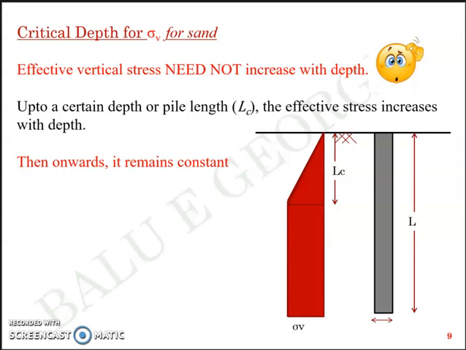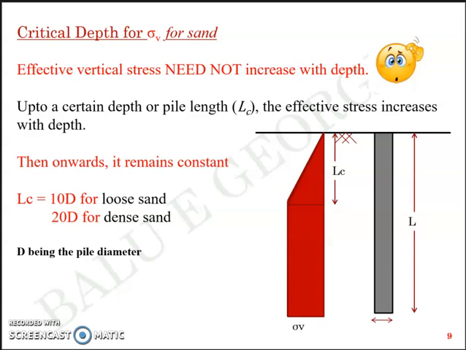Now this depth, what I've marked as LC, the critical depth, is or can be taken as 10 times the diameter for loose sand and 20 times the diameter for dense sand. This is just an approximate method to estimate LC, or critical depth. There are detailed equations to arrive at the critical depth, but for your graduate level, you can imagine that the critical depth is 10 times the diameter for loose sand and 20 times the diameter for dense sand, d being